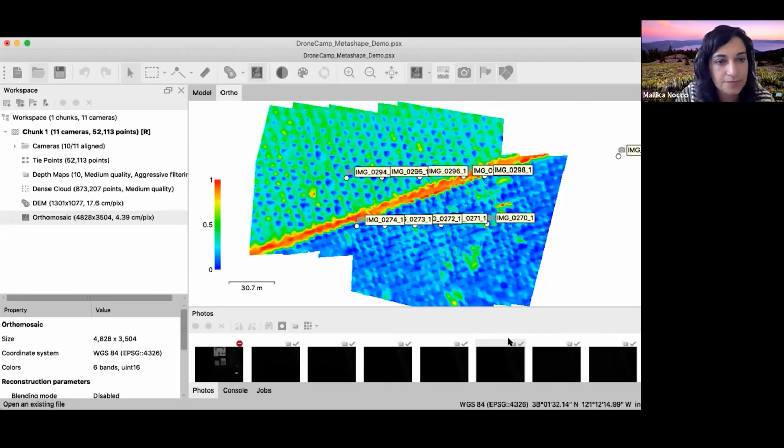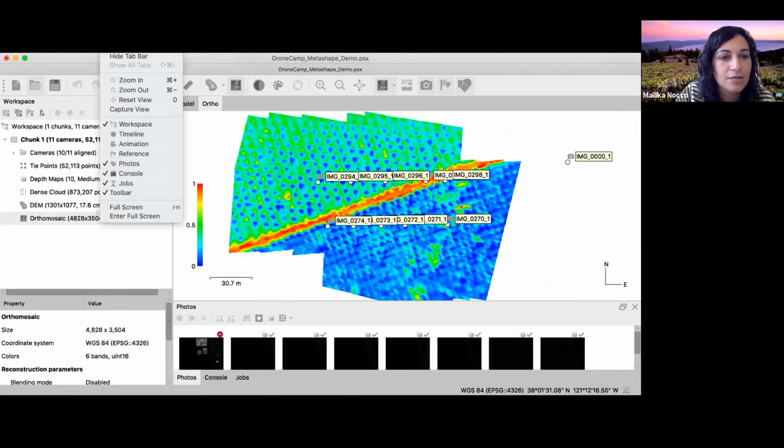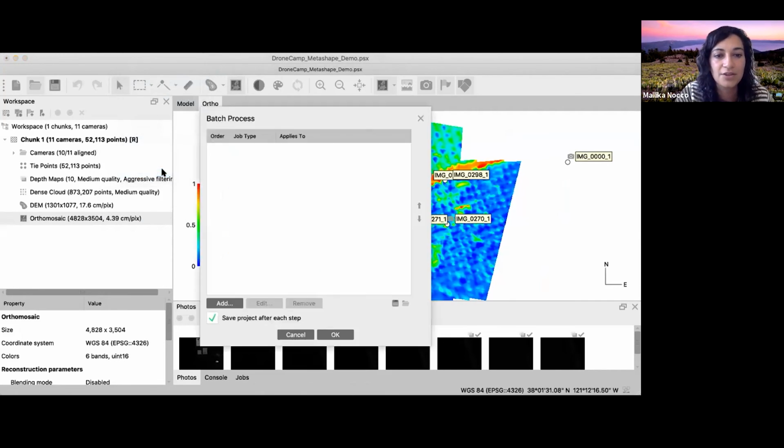Okay, so flavors of Metashape. I didn't mention the batch processing that is available. I just want to show everyone where that is. Share screen, Metashape. Batch process is under workflow. I'm not going to go through and do this here, but you can